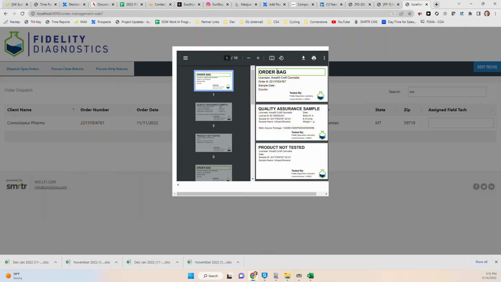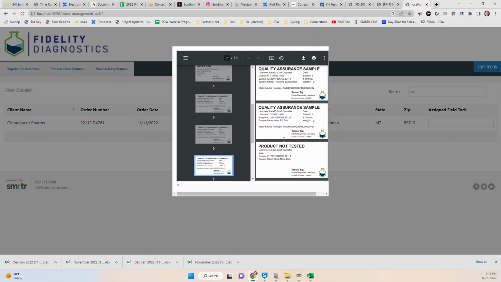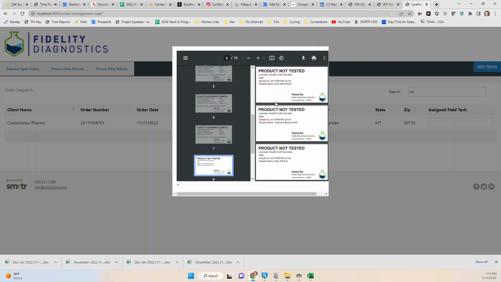You can see here there's a box around order bag, then there's the quality assurance and the product not tested labels. The first one here just has two samples, one sample being picked up. The second one has two samples that are being picked up. So you can see there's two quality assurance, or three actually, three samples, and then three product not tested labels. These can be printed,